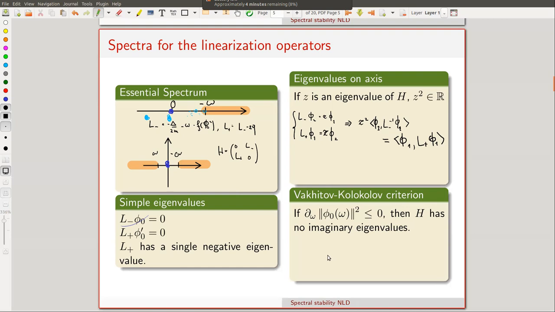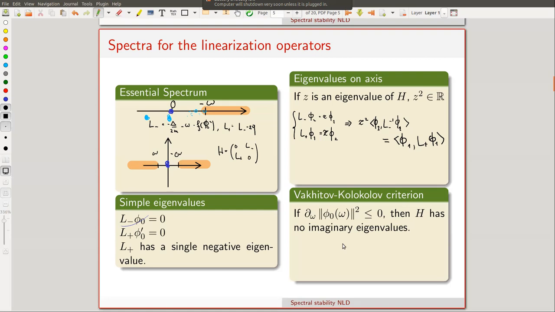And I still find it very remarkable that the same condition, a single negative eigenvalue of L plus, and this condition on the derivative, is the one that appears in the famous papers of the 80s by Grillakis, Shatah, and Strauss, and also implies a way stronger notion of nonlinear stability, which is orbital stability, which says that